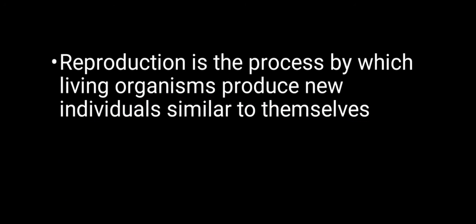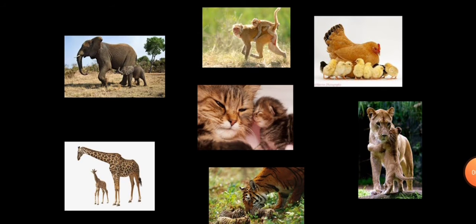So reproduction is the biological process by which living organisms produce individuals or offspring similar to themselves. They produce organisms who are similar to themselves. Now, if you look into this picture, we can understand that reproduction is a process by which each organism gives rise to the young one of their own kind. The elephant gives rise to a baby elephant who is similar to its parent. Every offspring in this picture is similar to its parent. Why is it so? Organisms give rise to offspring of their own kind.